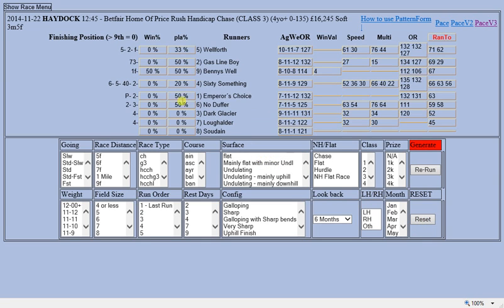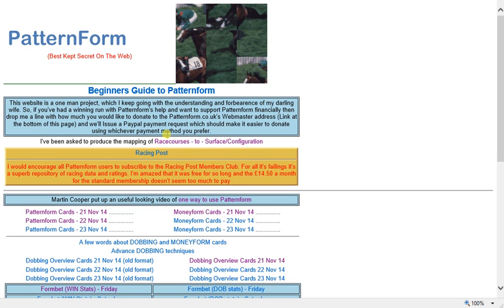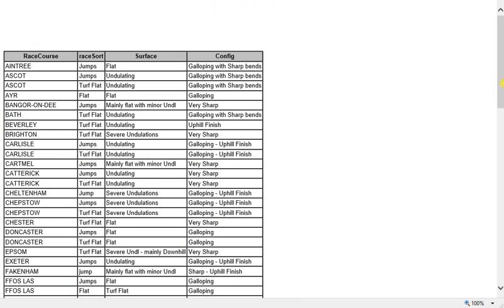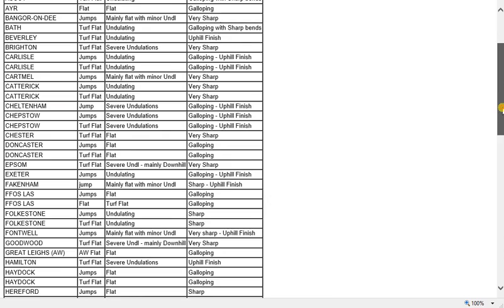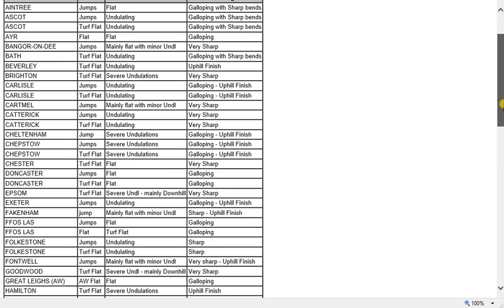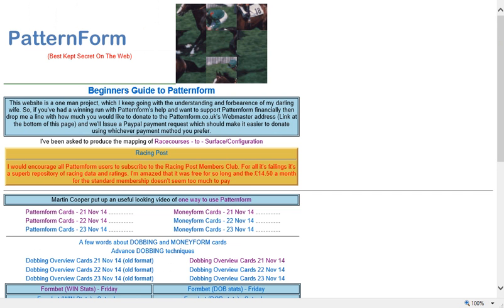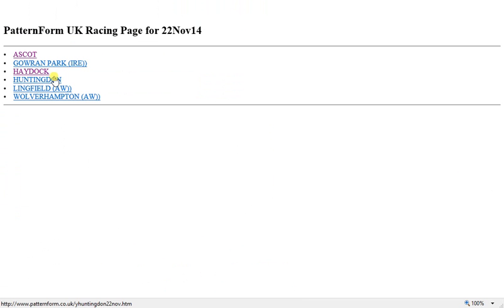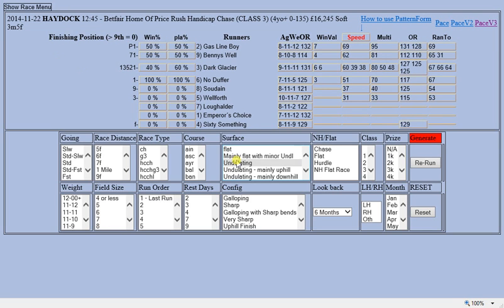What I would do, given that you haven't got a lot of course form there amongst your runners, and this is really, really good, I would click back and I would look at this racehorse's surface configuration. Let's see what type of course Haydock is. And if you scroll down, here we go, Haydock jumps. It's a mainly flat course and it's a galloping track. So what I would do, using that information, I would go back to my race at Haydock, 12:45, and the